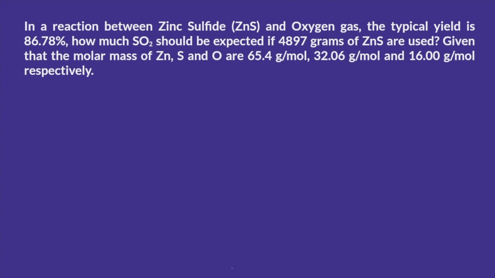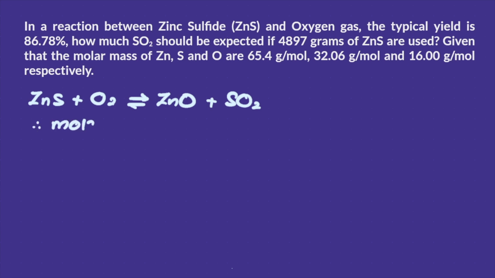Alright, so the first thing that you need to do in order to answer this question is to write a balanced equation of the reaction. So the reaction is between zinc sulfate and oxygen gas, which will produce zinc oxide and sulfur dioxide. Alright, so given in the question is the molar mass of each material. So you can know the molar mass